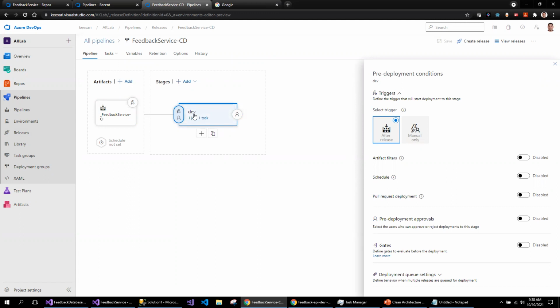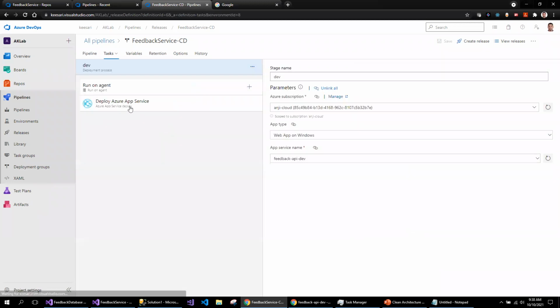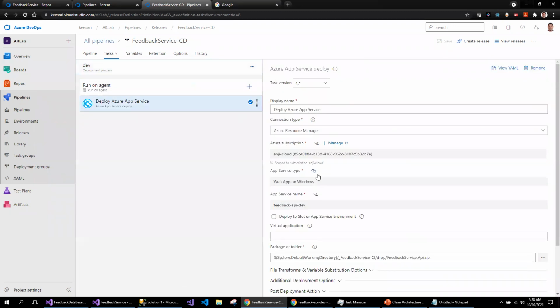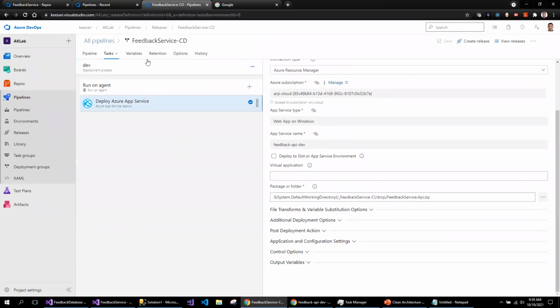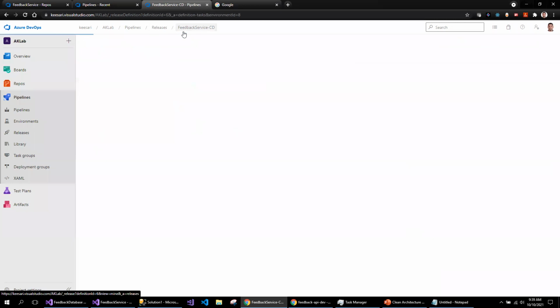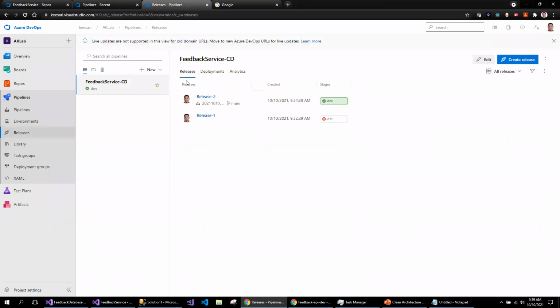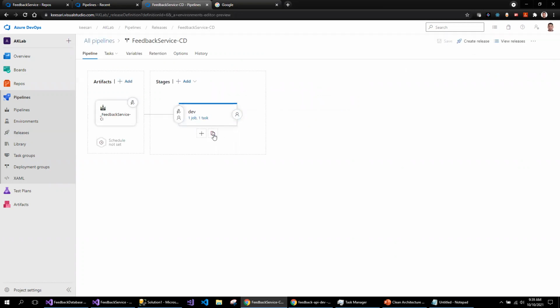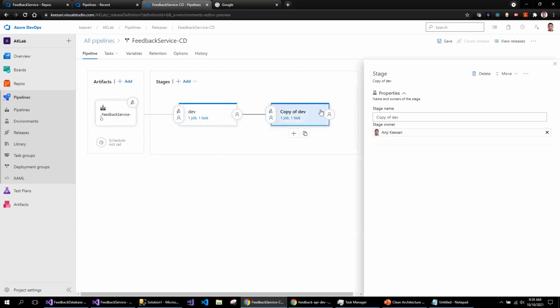So this will be deployed to the dev service, and I haven't set up any extra things here. This is connecting to the Azure service subscriptions, and I've used this deploy Azure app service task to deploy, and I selected the zip file. So if you want to create another slot, another stage for QA, what you have to do is add from here. You can clone it or you can add it. Cloning is the same as what we have here, an exact copy. So what I'm going to do is this will be my test.